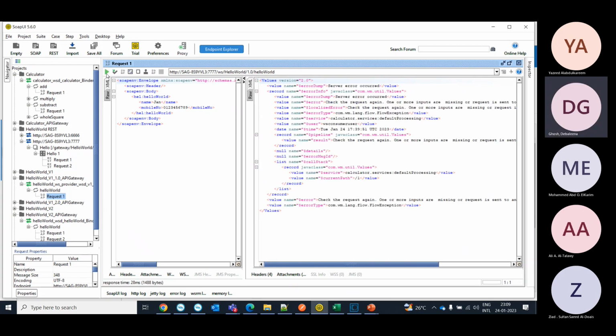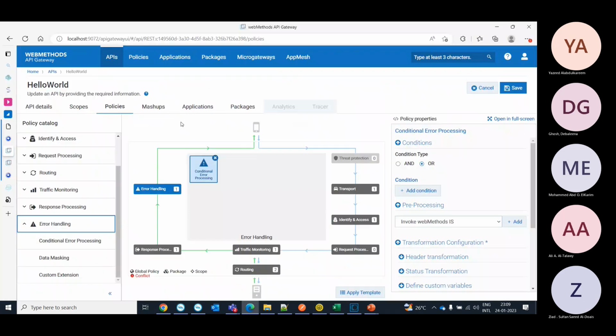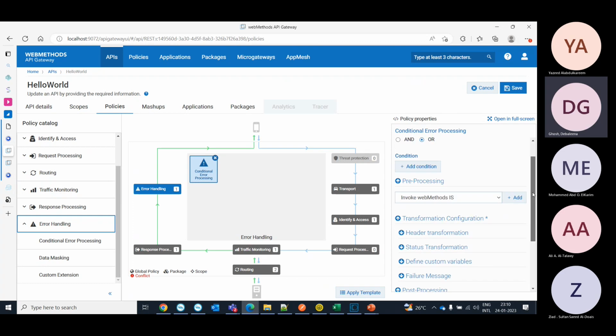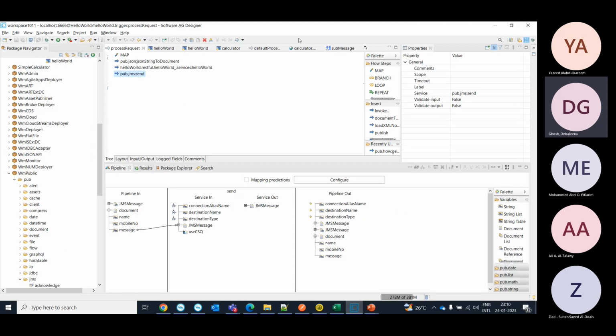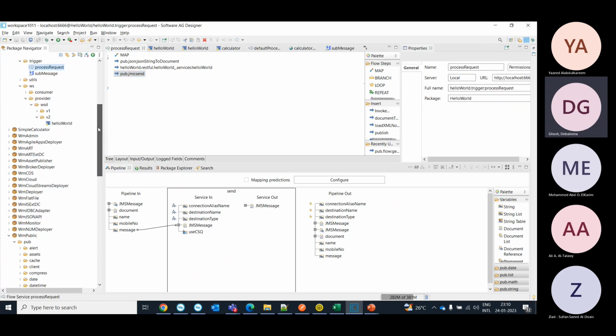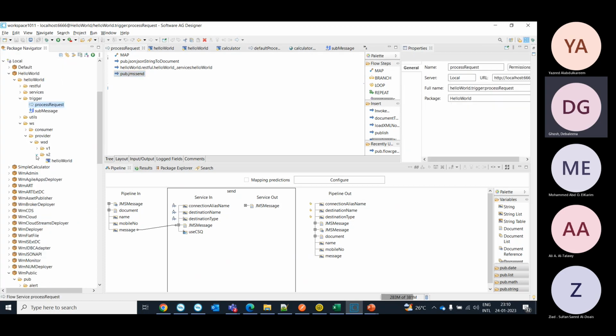Okay, I think I majorly messed up all these configurations. Okay, so what I was trying to show is that in my Hello World service, this flow service,